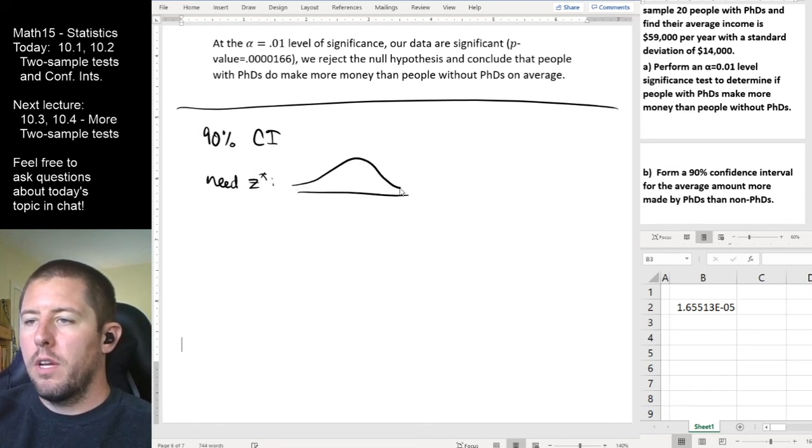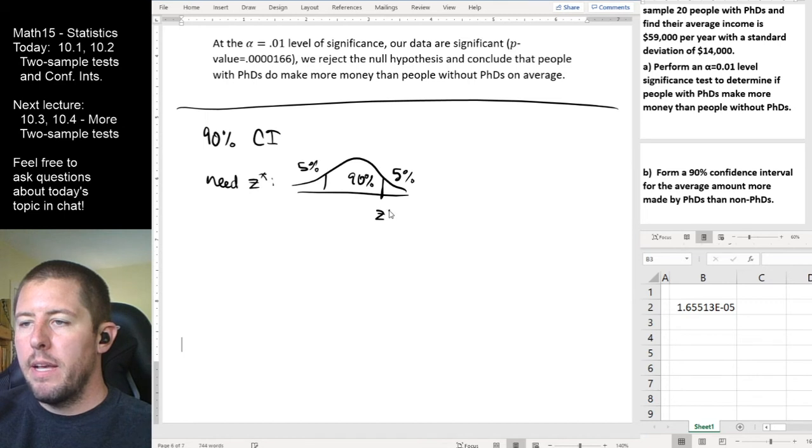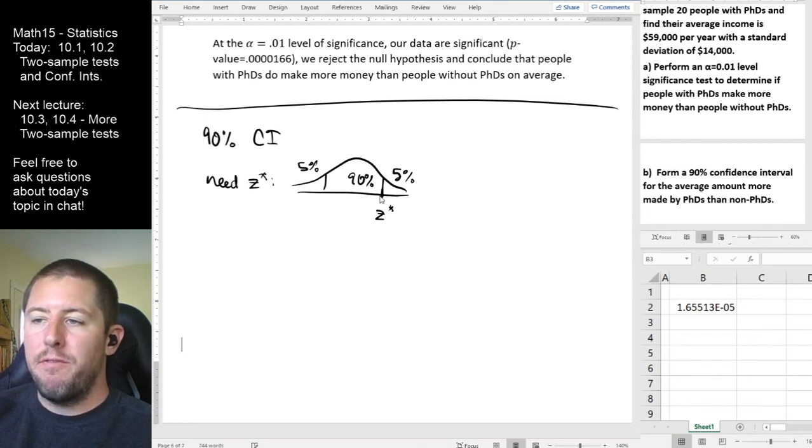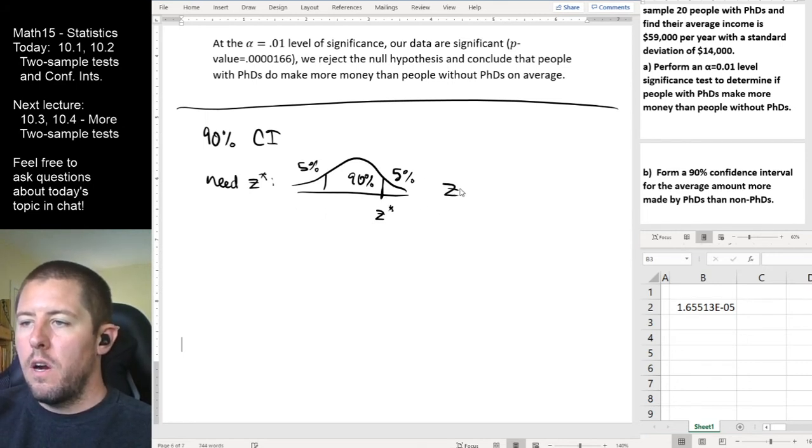Remember that if we're looking for our 90% confidence interval, then 90% of our probability, we can draw a diagram of the middle 90%. This says that 10% are in the upper and lower tails, so that leaves 5% in this tail and 5% in this tail. Our critical value here, this will be my z star, is always located at the upper bound of that middle percent. And we should notice here that 95% of the area is to the left of z star. So our z star should be